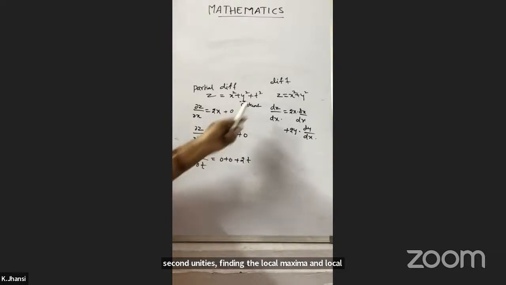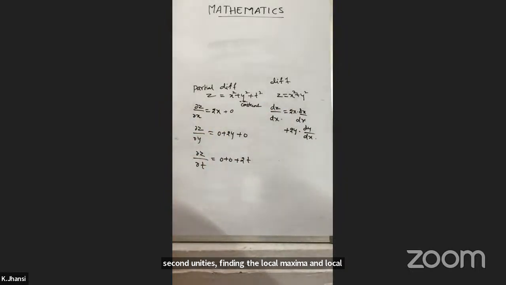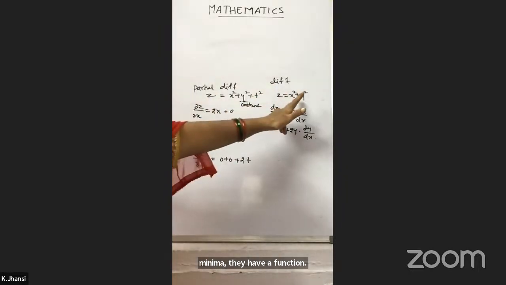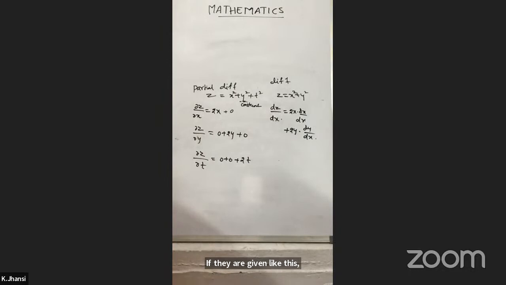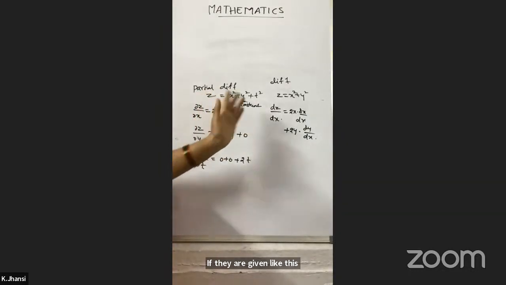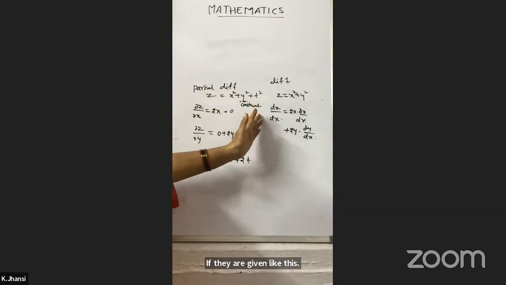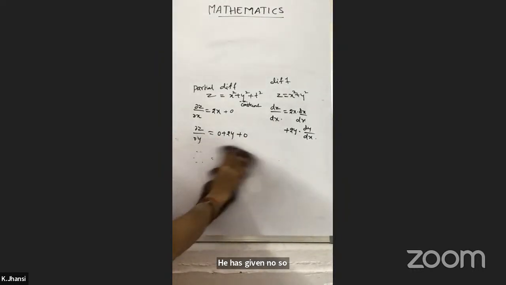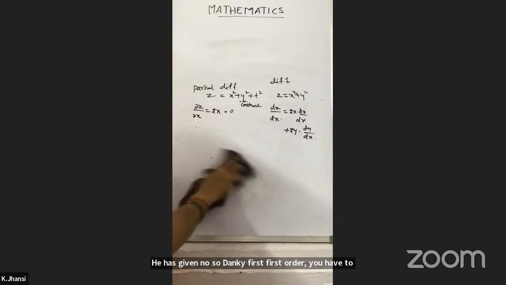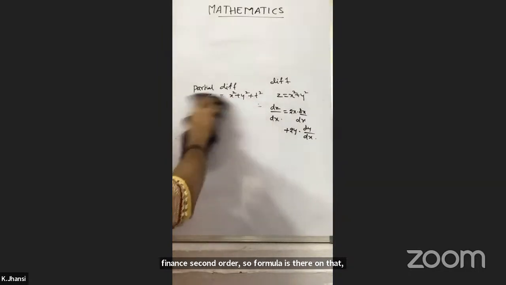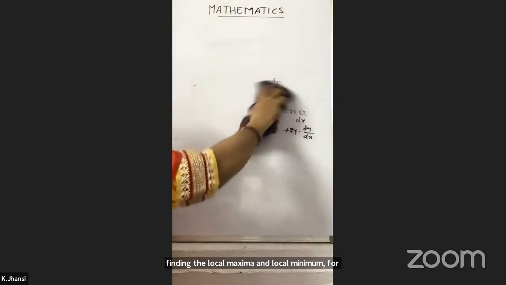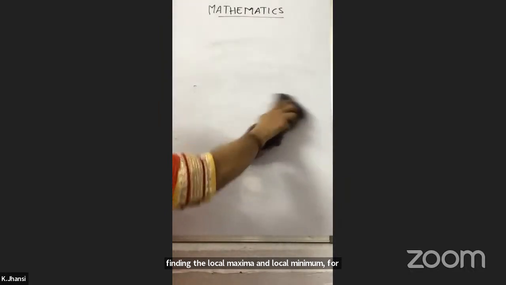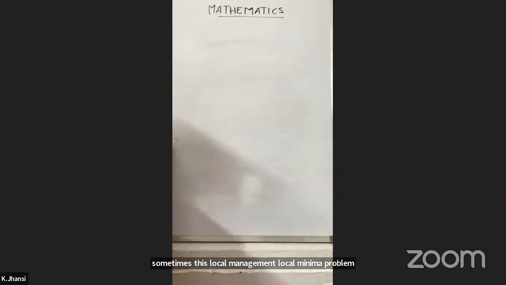And if any function is given like this, x square plus 2x plus 1, any algebraic expression he has given, no? So for that you have to find the first order and second order. Okay, so there is a formula for finding the local maxima and local minima. Sometimes they may ask this local maxima local minima problem for a 10 marks question also. So why? Because you have to find the